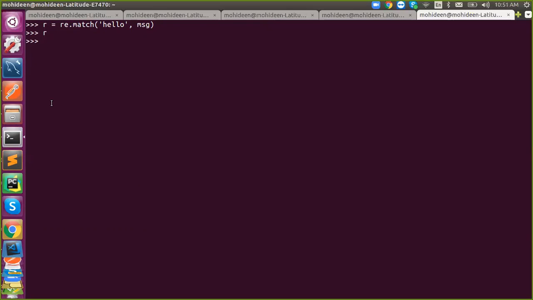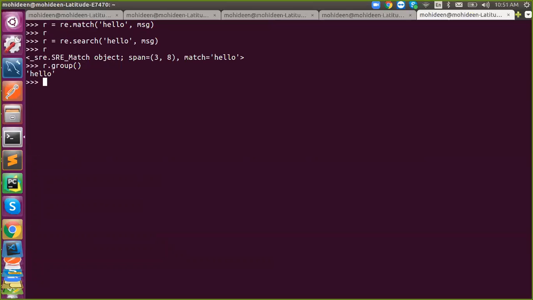Because it will apply your pattern only from the start of a string, so it won't deal with the complete string. But your hello was present somewhere in between your string, so match won't work with it. So use search instead. You got a match.